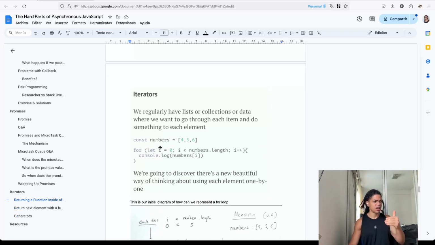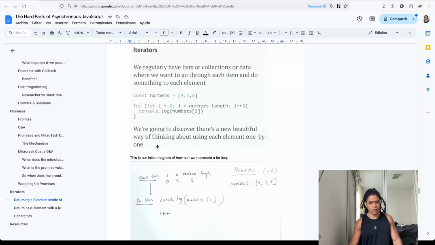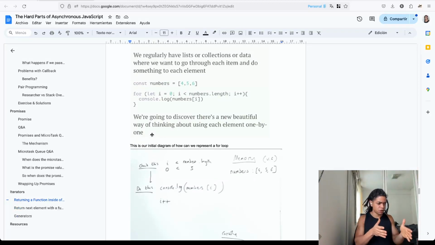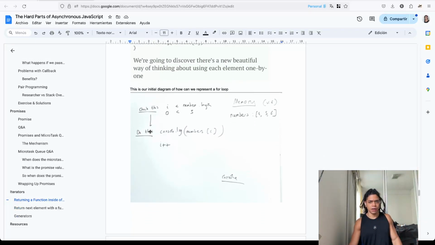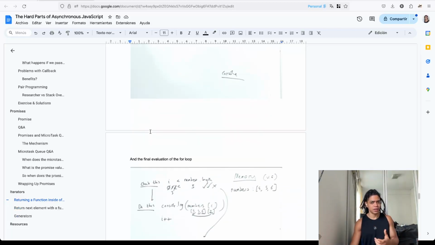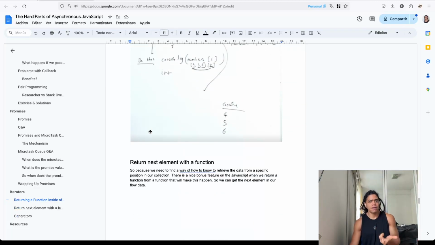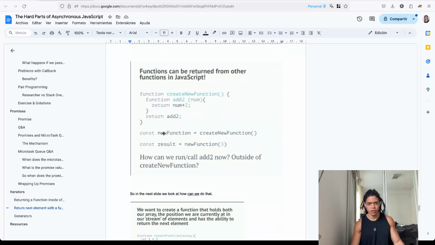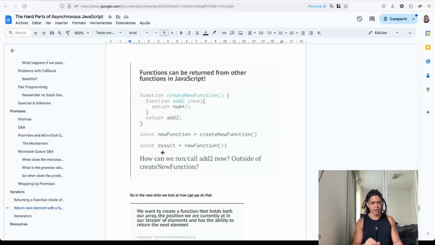But remember that at the end of the day, what we want is to get the data, apply some transformation, and move on. And here with iterators, particularly when looking at for loops, an alternative to make this happen is that when you write a function and you want to iterate through each one of those elements, and then you return that function,